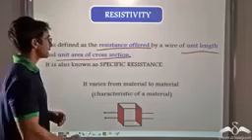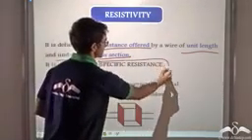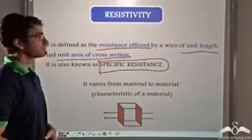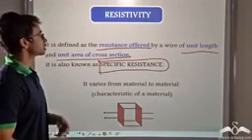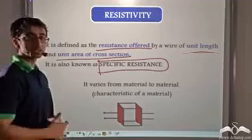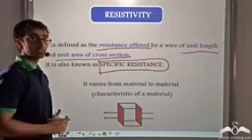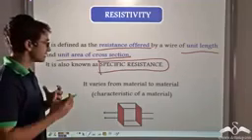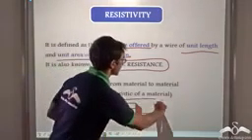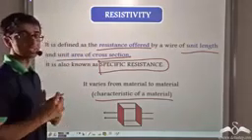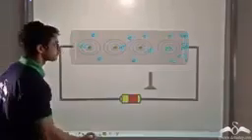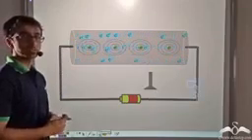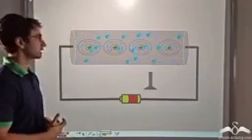And it is also known as specific resistance of the material. It varies from material to material, that is, the specific resistance or the resistivity is different for different materials. However, for a given material, it is constant or the same. That is, resistivity is a characteristic of a particular material. So now we have found out how resistance is influenced by the length and area of conductor.